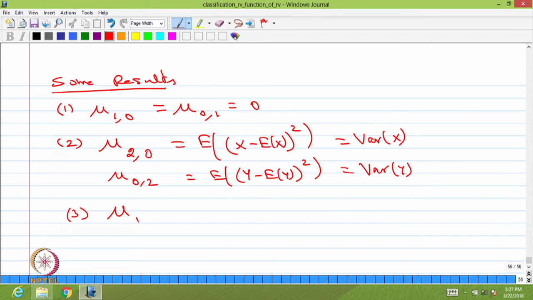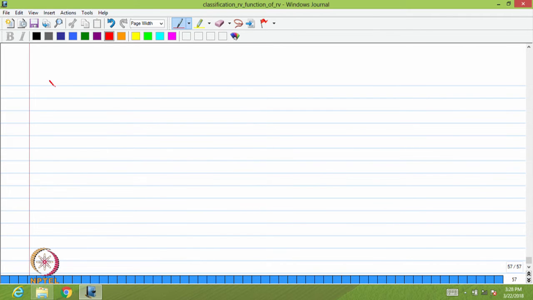As a special case, there is the next result. When i is equal to 1 and j is equal to 1, that is nothing but expectation of x minus expectation of x multiplied by y minus expectation of y, which has a special name. So, I am going to make it the next definition. That is called the covariance between